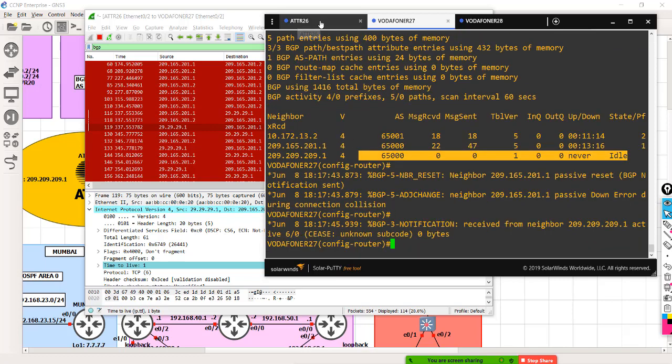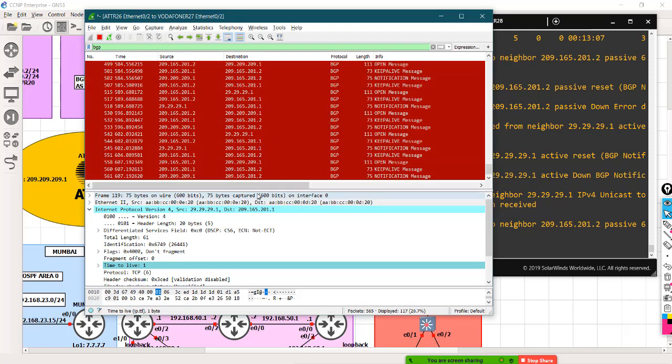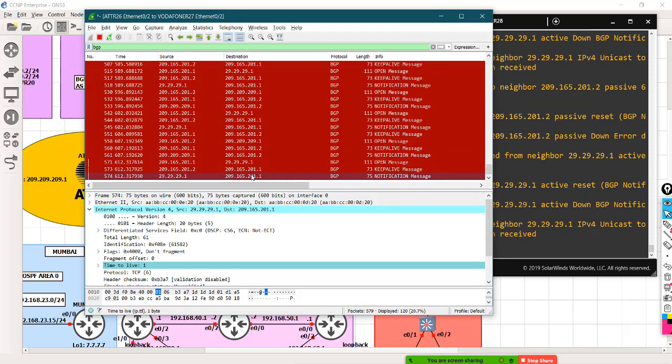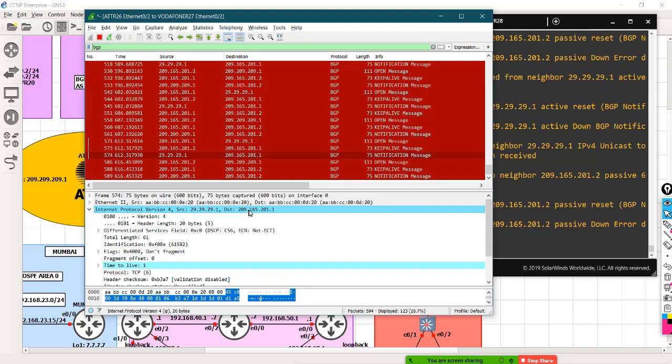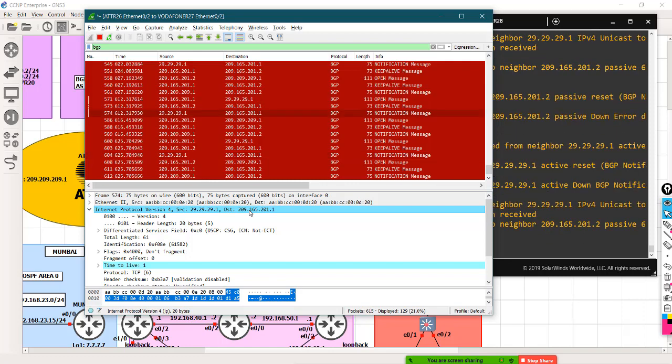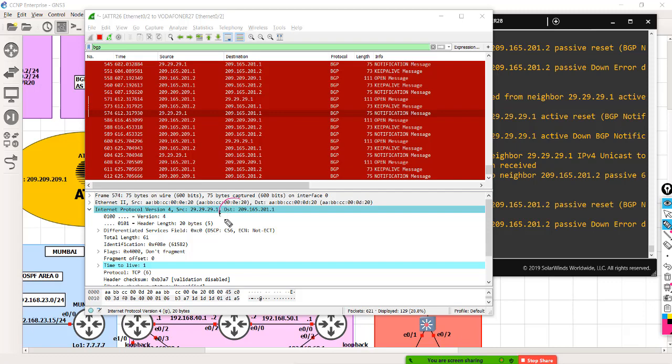Now what is the concern? Now let's see what the concern is. If I take one of the latest packets to understand why they are not coming up. So you see, the source was my loopback, destination is some physical IP, so that's making it look weird. That's why they're not getting that neighbor connection, or they're not establishing the neighbor. Why? Because destination should have been the loopback address of the second router. Agree? This should have been loopback.